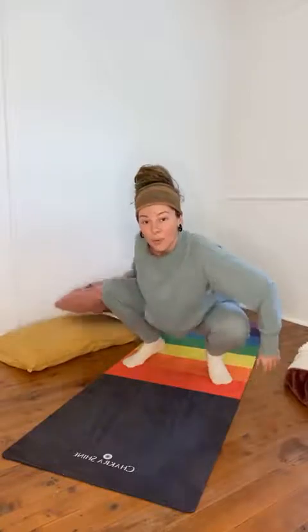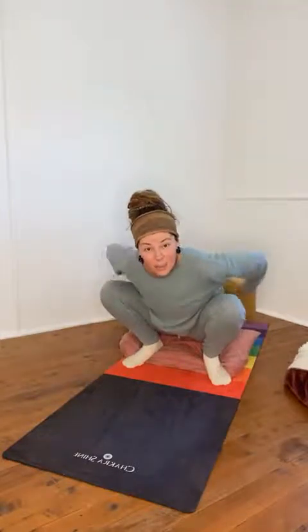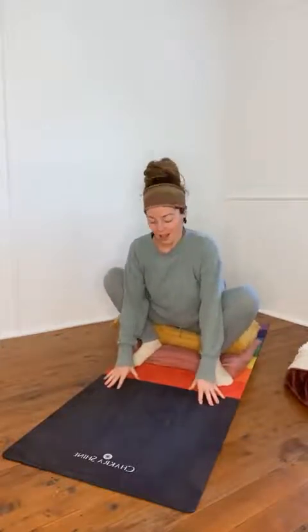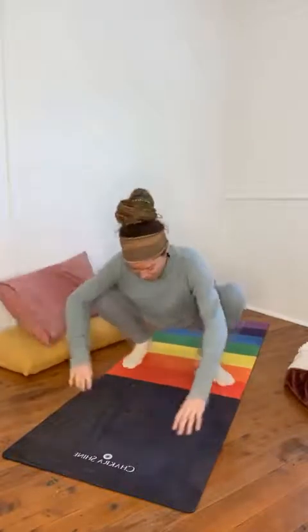So yours does not have to look like mine. If your heels are up and you are feeling really tight in your hips, bring your pillow or your rolled up blanket or your blocks and place them under your heels, giving yourself that extra lift. If it's still too tight, you can put another block or blanket underneath your bottom so you can feel what this is like. So wherever it feels most delicious for you today, with whatever is going on in your body,